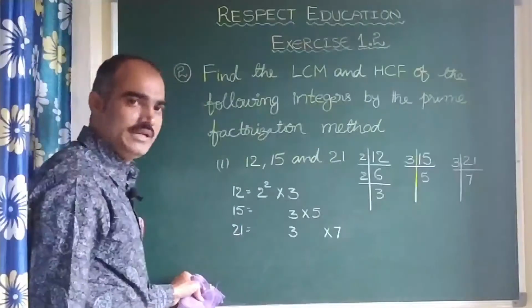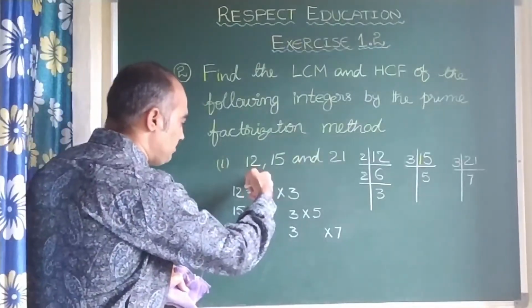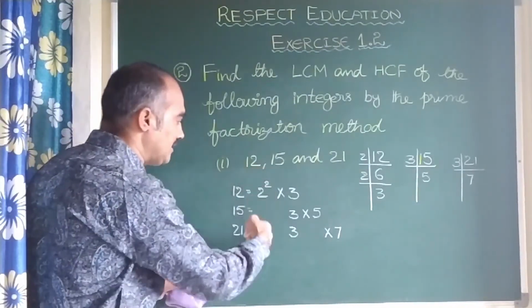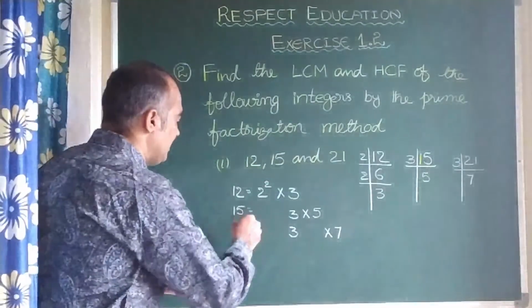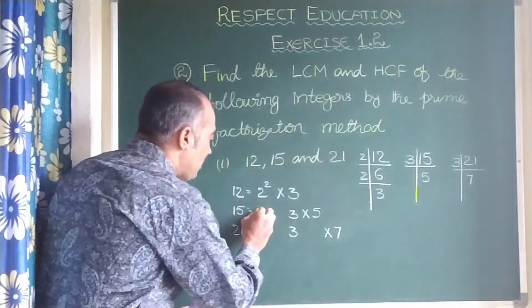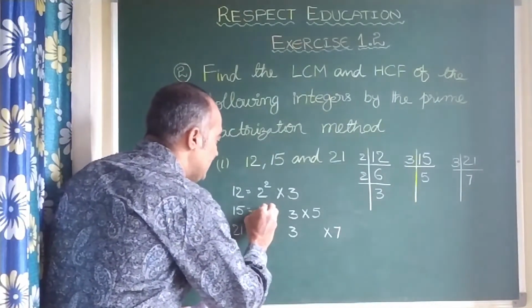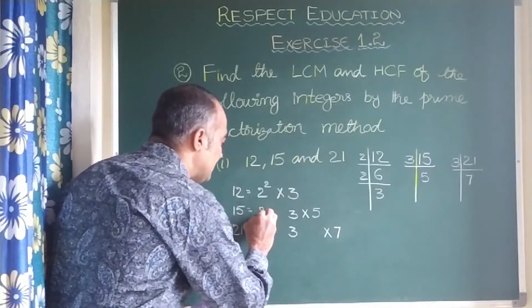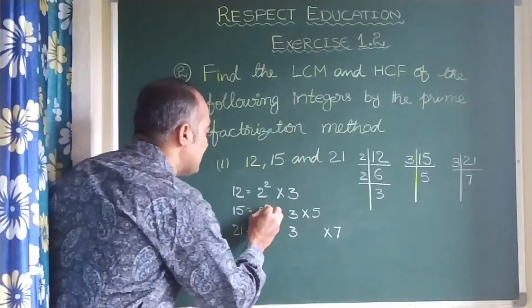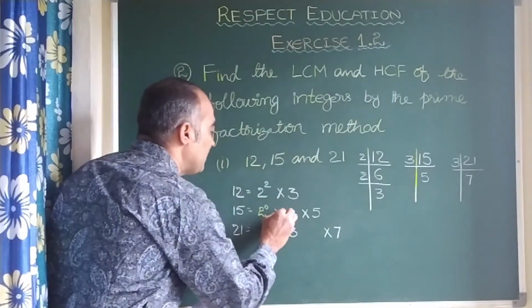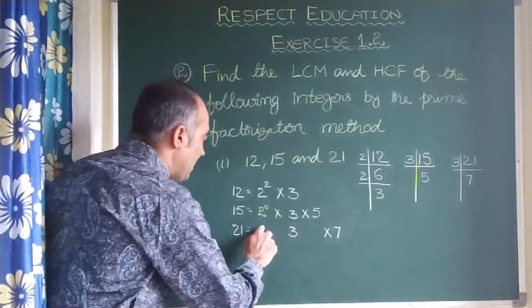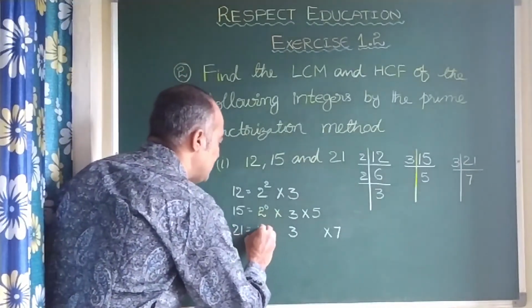If you observe properly, see here, this column of 2 I maintained blank, children. Clear? Here I am not writing anything. So you just observe here, nothing is there means 1 is there. 1 can be written as 2 power 0. Clear? This blank also can be filled with 2 power 0.